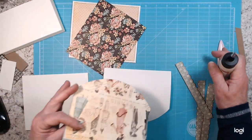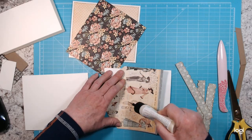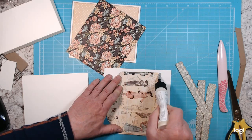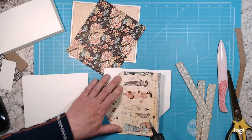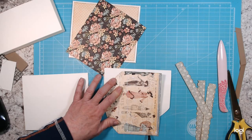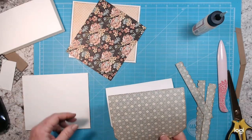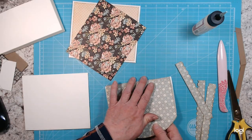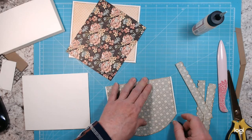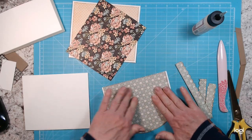Okay, so I'm going to go ahead and do this. I'm just going to glue only the large part of this flap. Okay, this is going to be kind of tricky, so I'm going to put it right up against the edge and give it about 1/8 of an inch on each side. There we go. Okay, now